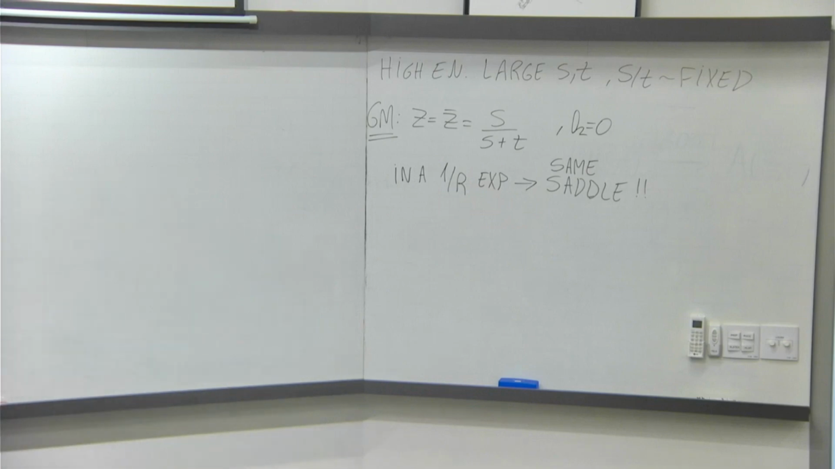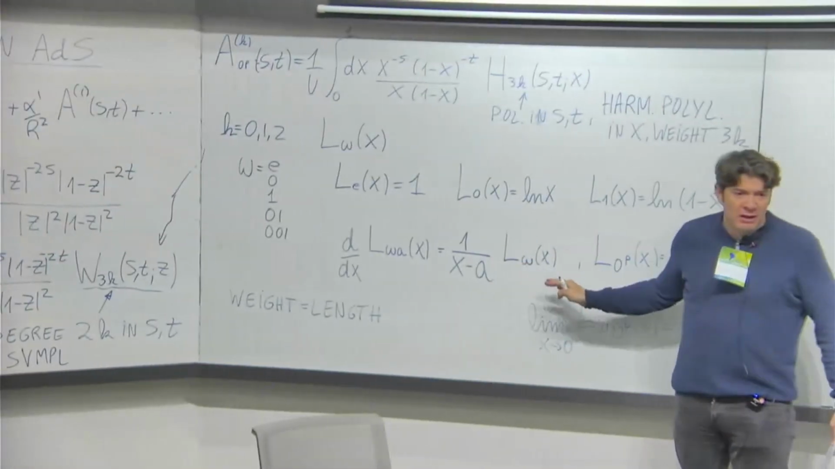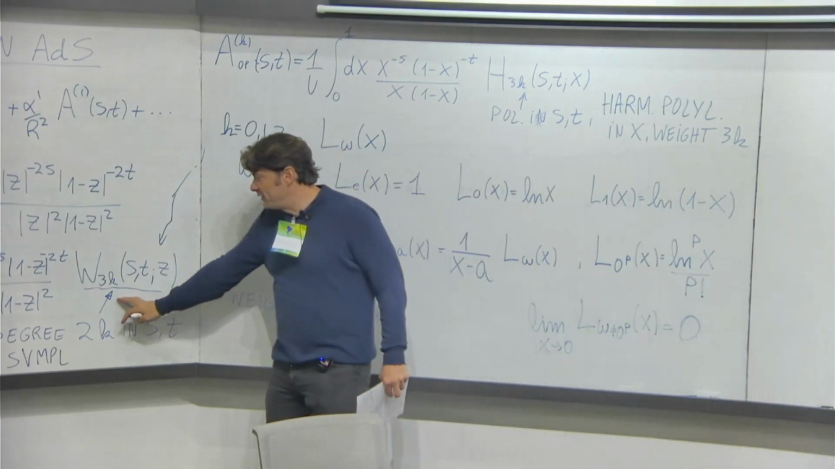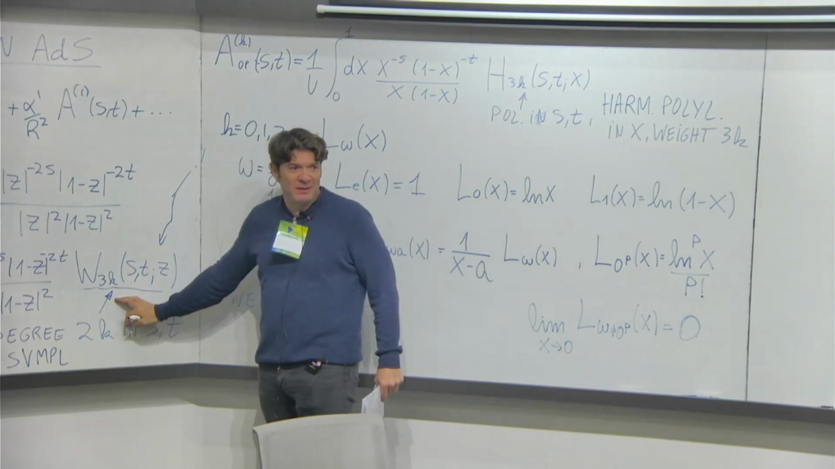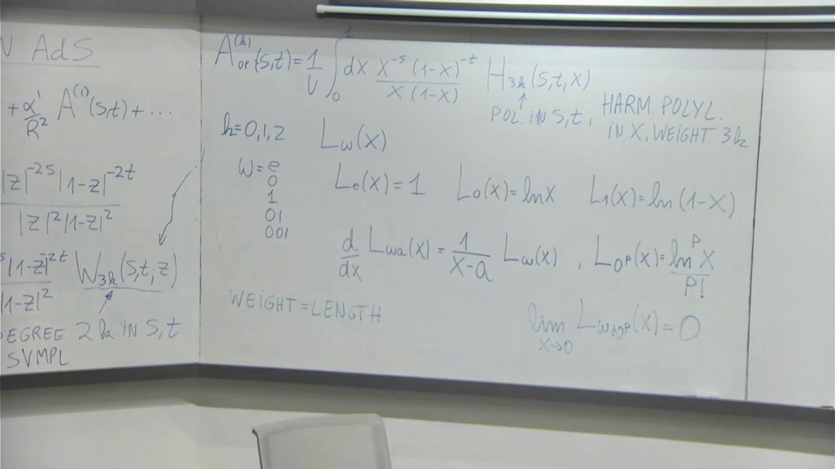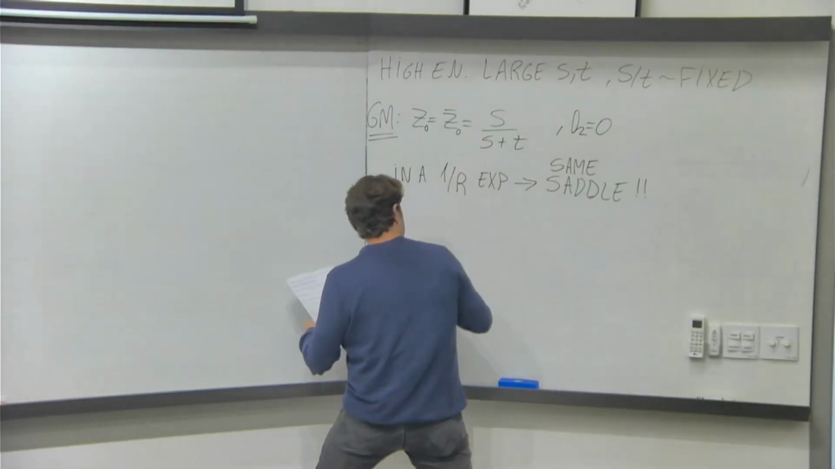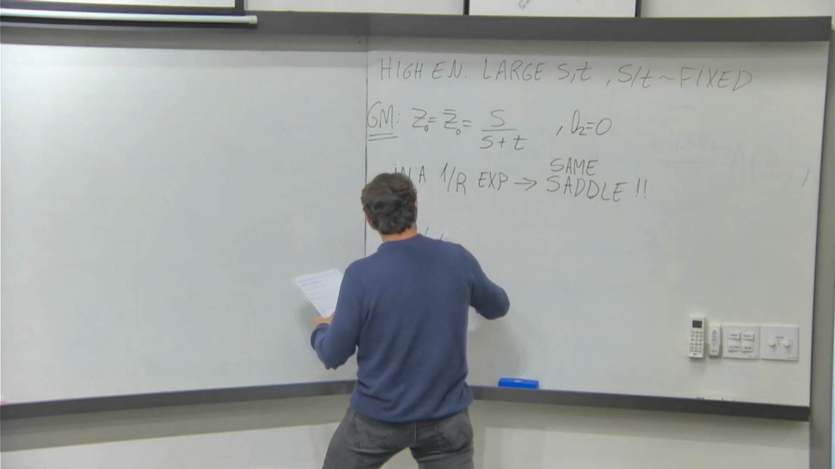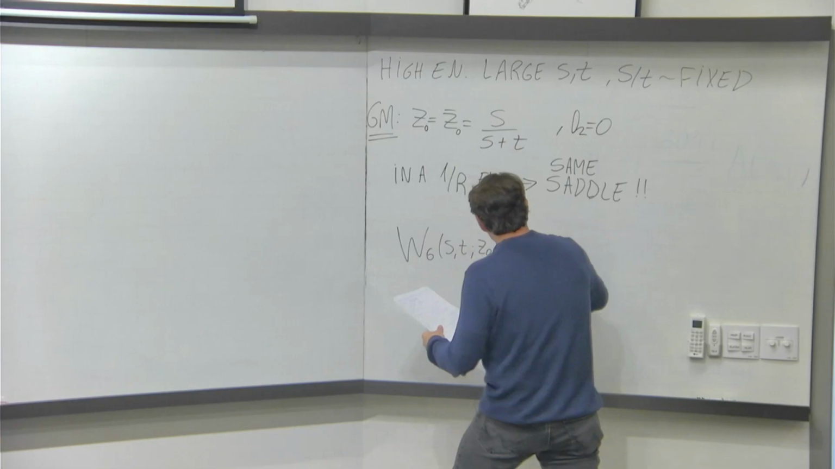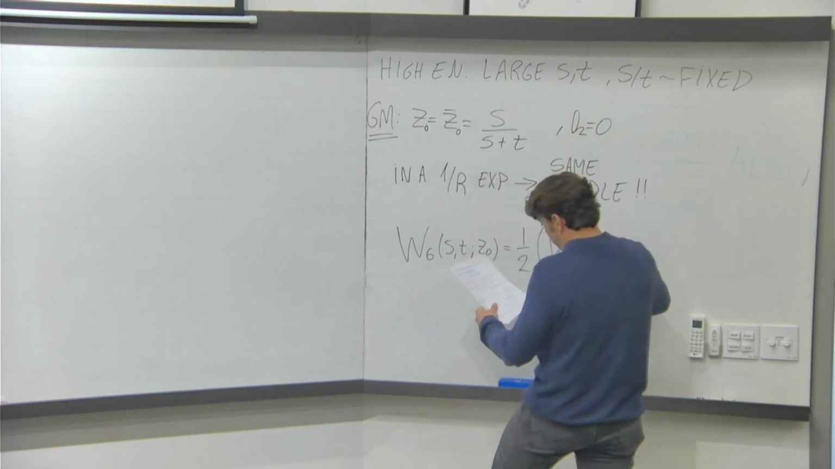So here, notice that for instance this omega 3 for K equals 1 is some linear combination of these functions for weight 3. There is basically 8 of them. Now when you go to weight 6, there are many, many of them. There is something like 64 of them, okay? And what we found is that at this saddle point, let's call it Z0, W6 of S, T and Z naught is actually precisely the square